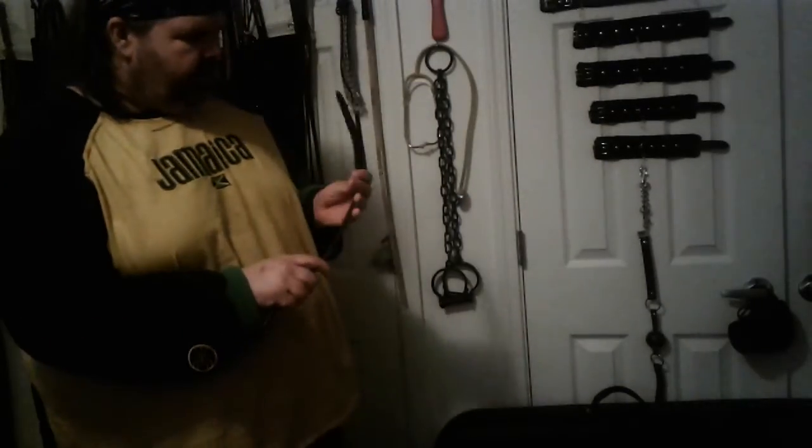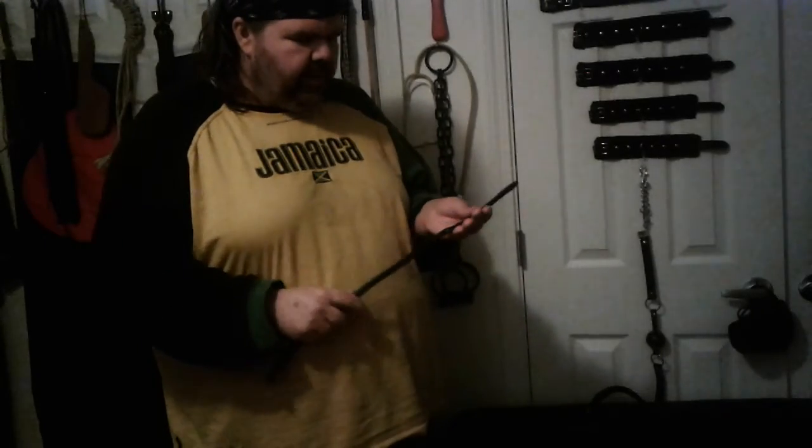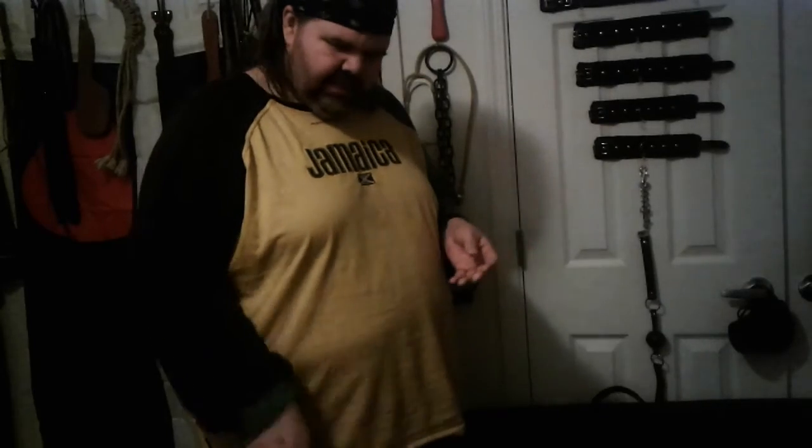Last thing, this is a modified dog collar. The place I worked where I got my leash, the rule was they had to cut off the collars. Some of the more vicious dogs, they had to cut the collars off. I decided when I saw this, I was like, nope, that's mine. Instead of being trash, because I went, I could do something with this. And what I decided to do was just use it as